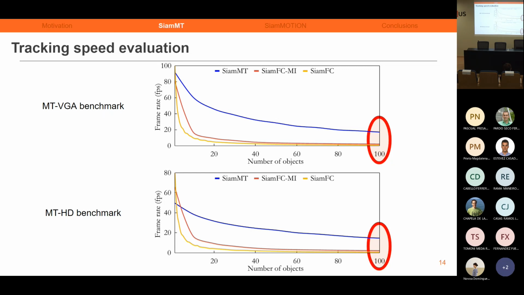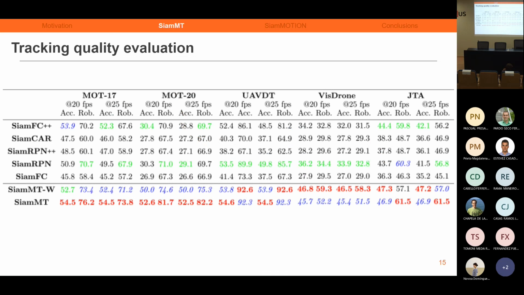A tracker must not only be fast, but also accurate. That's why we have also measured the tracking quality of SiamMT against the different state-of-the-art trackers often used in motion estimation. Additionally, we also evaluate SiamMT-W, a version of SiamMT that directly reuses the weights learned by SiamFC.